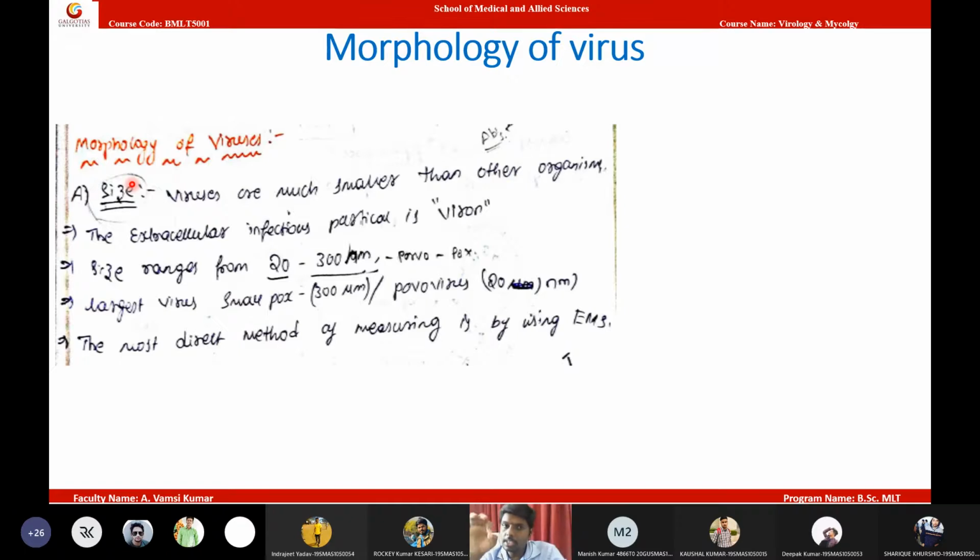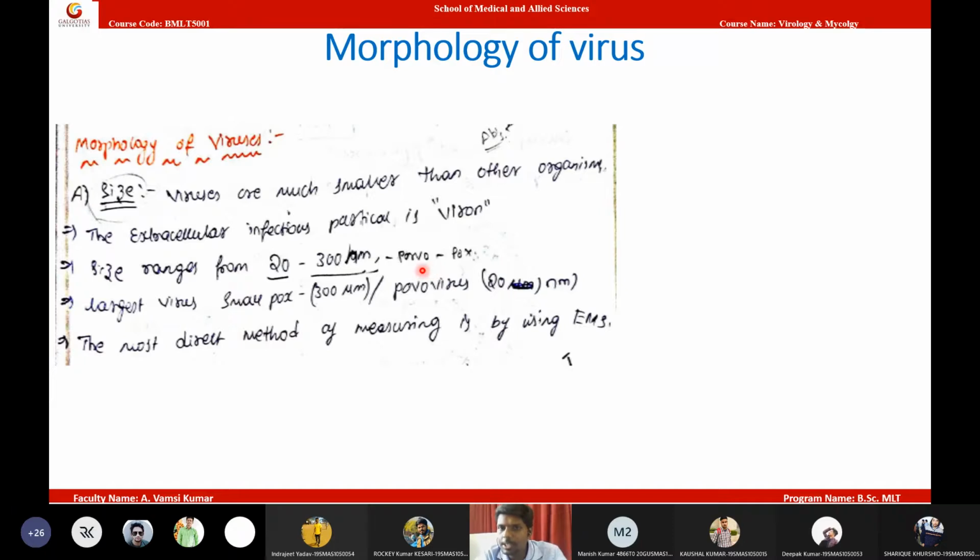So smallpox is the largest virus. I think it is not micrometers, it is nanometers only. Keep in mind, the largest virus is 300 nanometers, whereas the smallest virus is 20 nanometers. An example of the 20 nanometer, or smallest, virus is parvovirus.